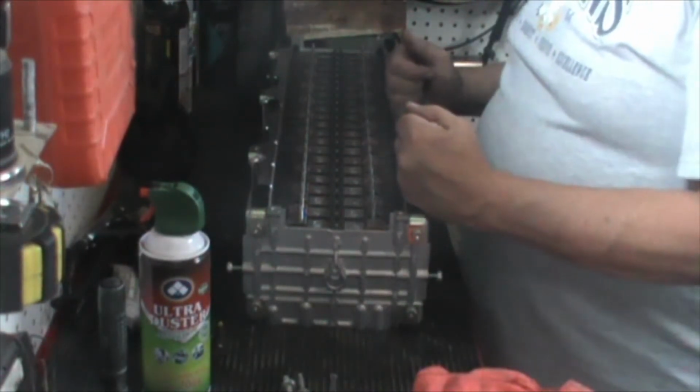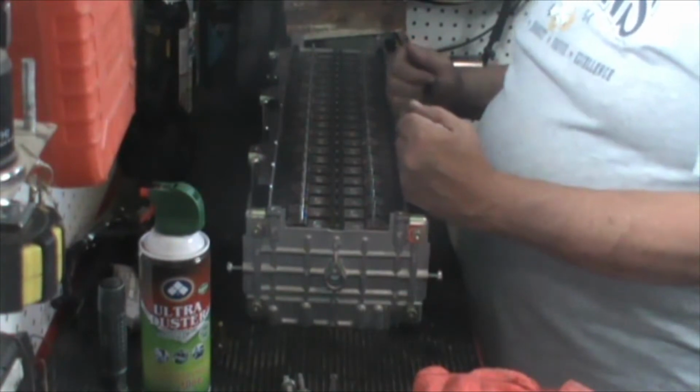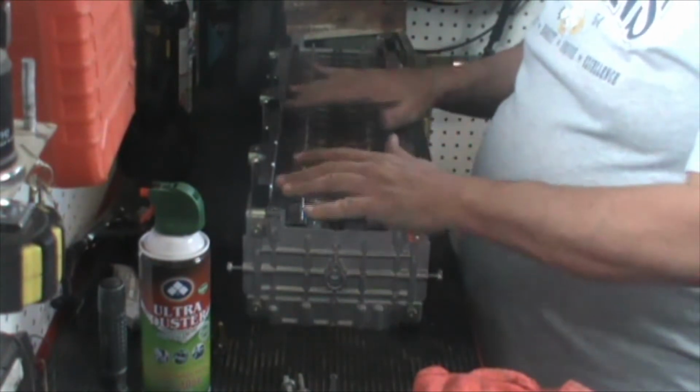I'm Coach Kelly Honholtz with Revolt Power, and today we're going to be talking about safely working on battery modules